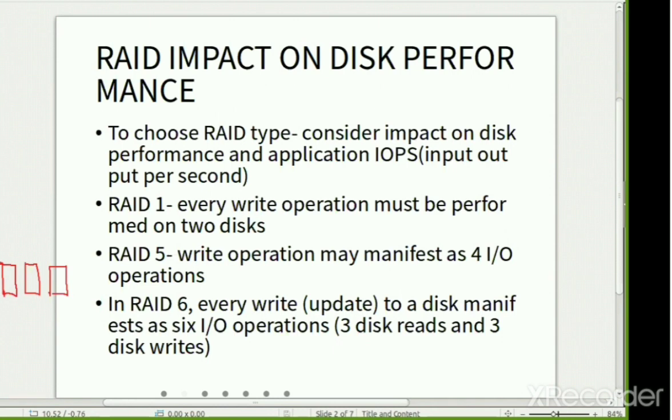In each and every stripe we are going to write the data, and on one disk, a part will be used to calculate the parity. So that means the read and write operations are carried out on a minimum of four disks. So the number of operations here is taken as 4. In RAID 6, the number of input and output operations is 6, because we are going to maintain a minimum of two parity disks. So for that purpose we need to have 3 read and write operations.